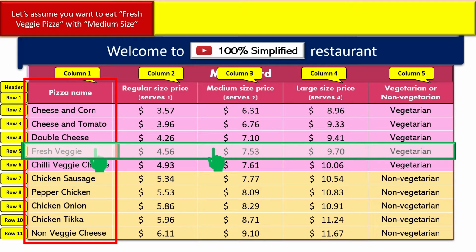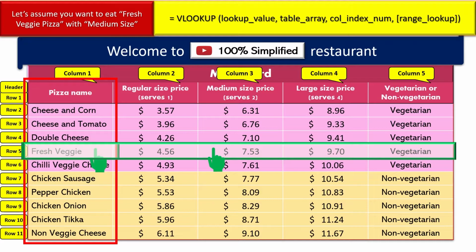Now moving ahead, let's focus on the top part of this entire screen where you are seeing the red box which talks about, let's assume you want to eat fresh veggie pizza with medium size, and the yellow box. We would be applying the VLOOKUP formula here to understand VLOOKUP in a very simplified way. Now, what is the definition of VLOOKUP? We have covered that.